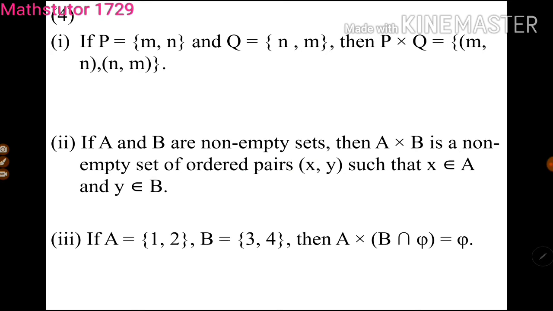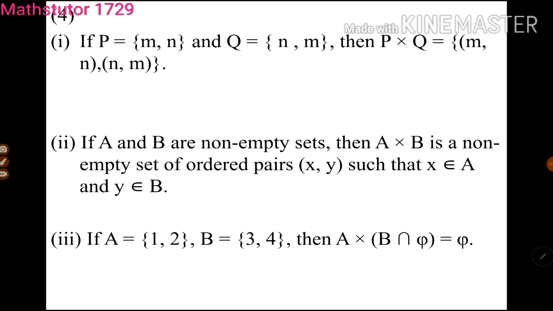Now check whether the statements are true or false. If the statement is false, then make it correct. First statement: if P is equal to the set {m, n} and Q is equal to the set {n, m}, then P cross Q is equal to the set {(m, n), (n, n)}.